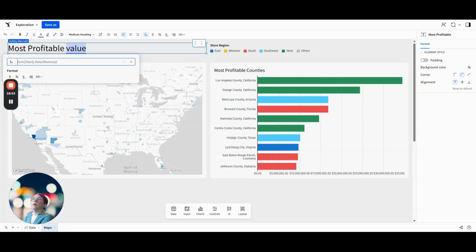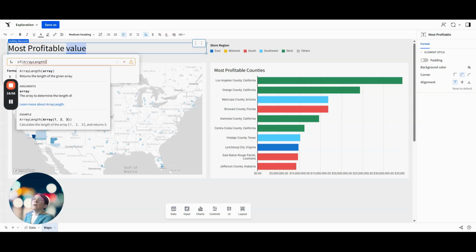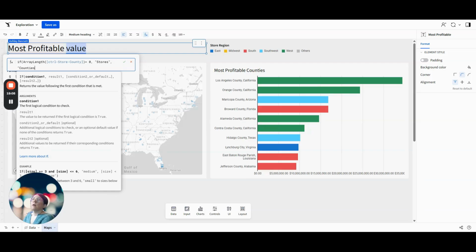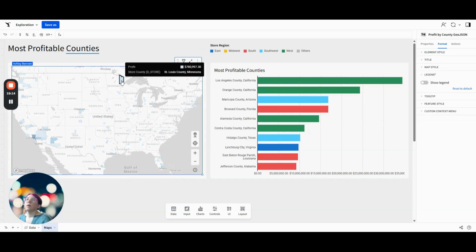I'm going to again check my array length of my control, and if it has value, we will assume we are on the stores tab. Otherwise, we will call this counties. Okay, and maybe,